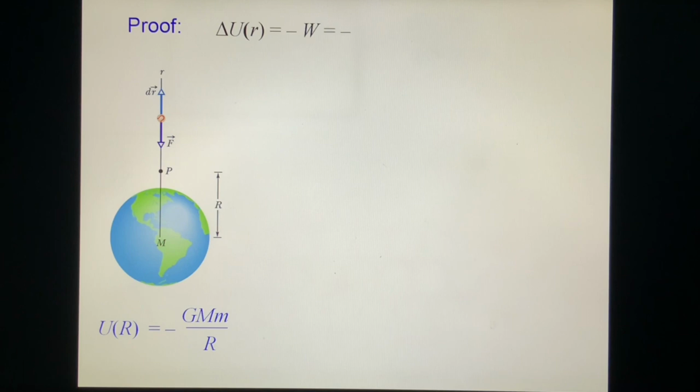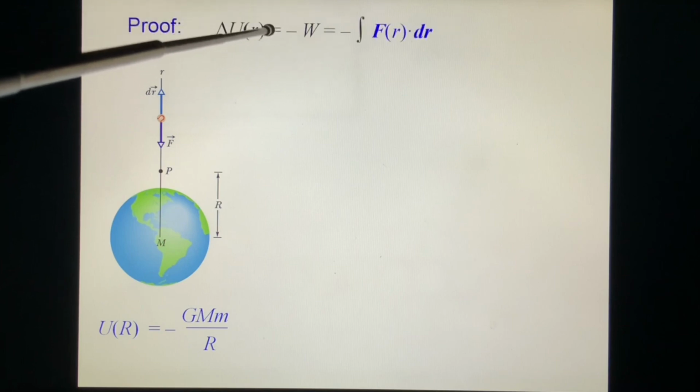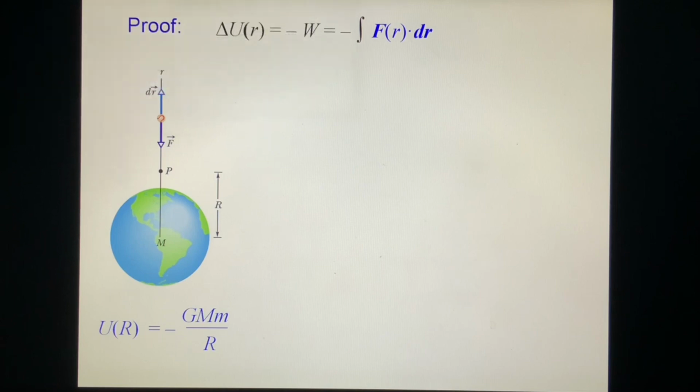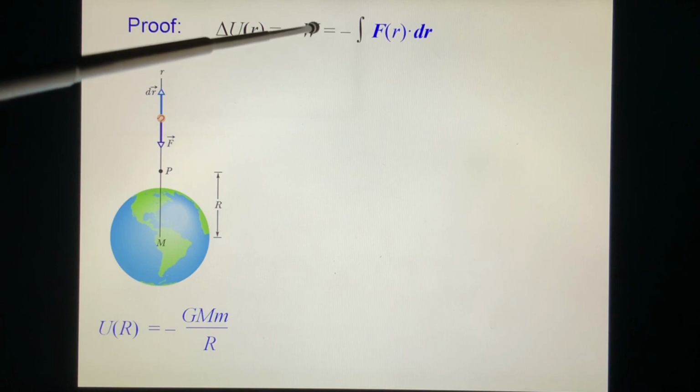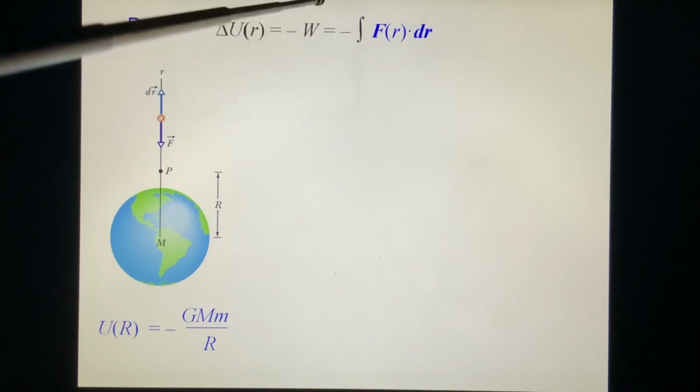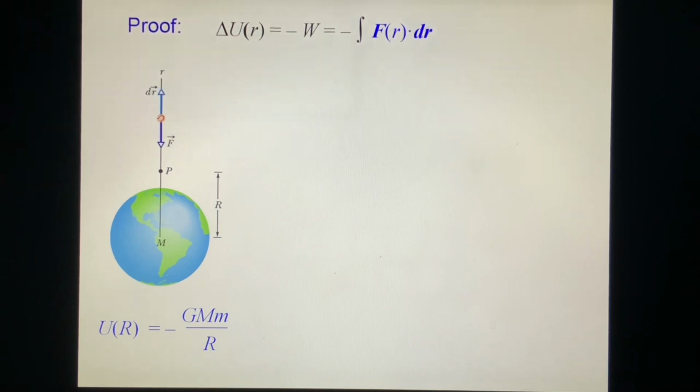We know the definition of delta U. The potential difference is defined as minus the work done by this force. And this work equals the integration of dW. What is dW? dW is F dot dr. In this case, F is into the center of mass, and r is out from the center of mass. So